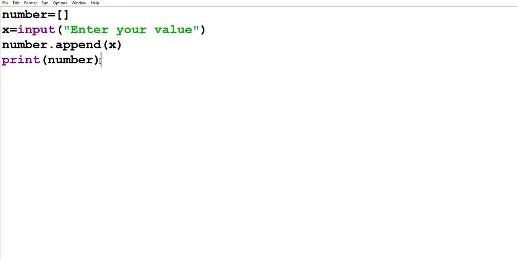Let's suppose we have a list, and we will make some changes in the same list. We have a list which already has some values, right? And as we all know, the index value of this list starts from 0. So it means the index of 1 is 0, the index of 2 is 1.